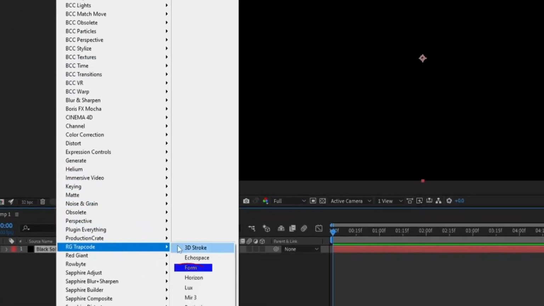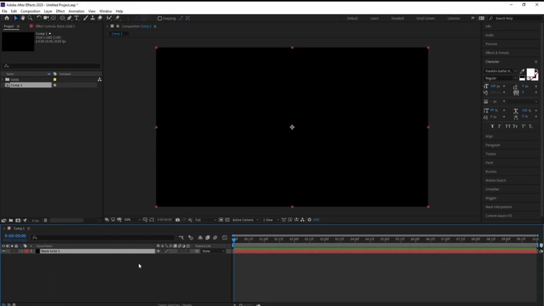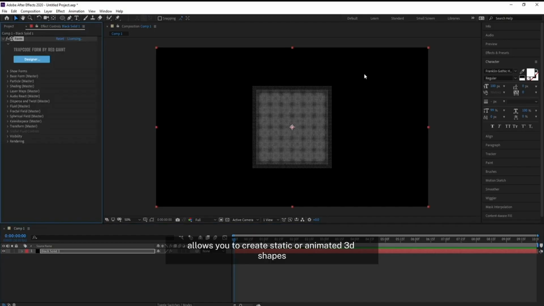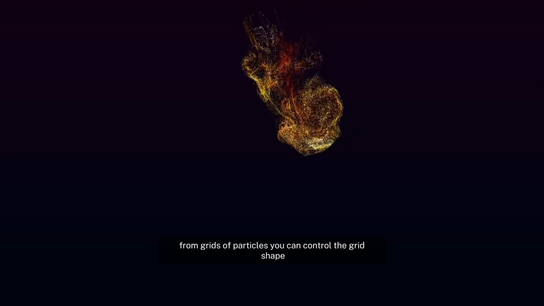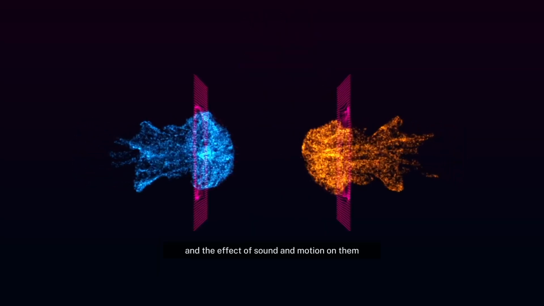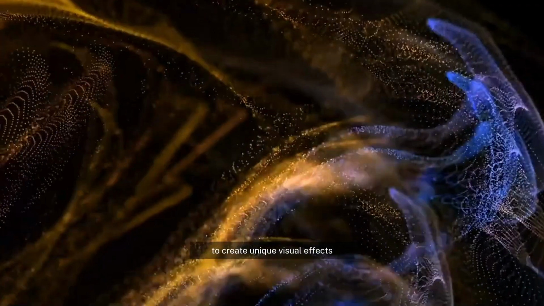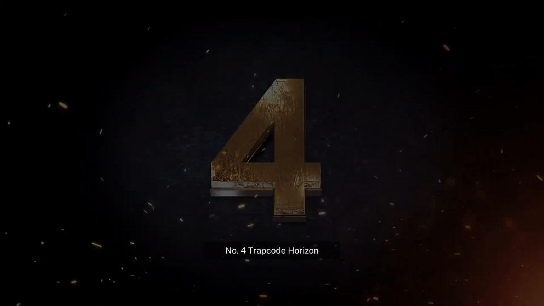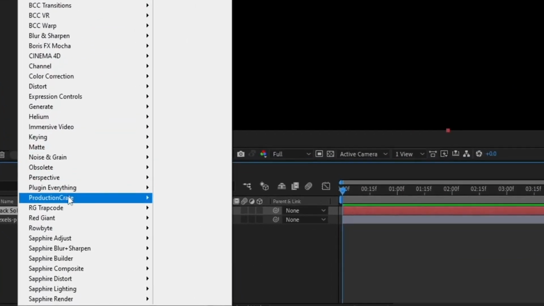Number 3. Trapcode Form allows you to create static or animated 3D shapes from grids of particles. You can control the grid shape, particle density, and the effect of sound and motion on them to create unique visual effects. Number 4. Trapcode Horizon